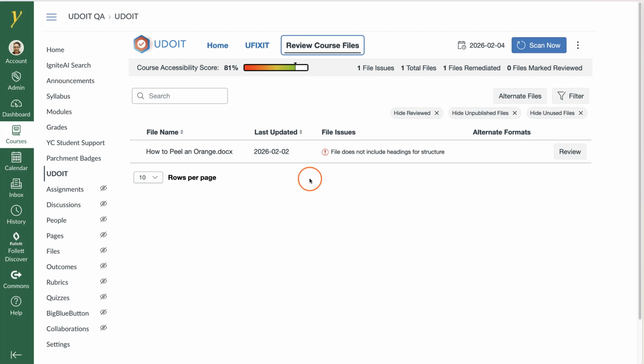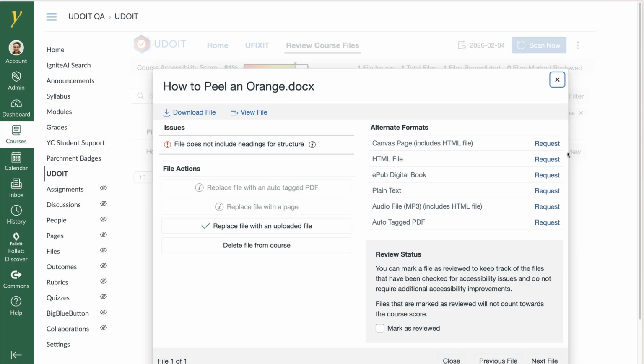On the Review Course Files screen, UDOIT has identified a Word document with the accessibility issue, File does not include headings for structure. I can select Review to open a modal window with more information and options. I have the option to download or view the file, and my accessibility issue is File does not include headings